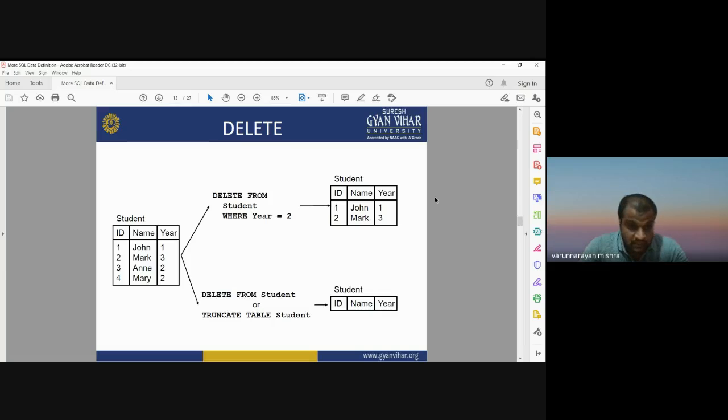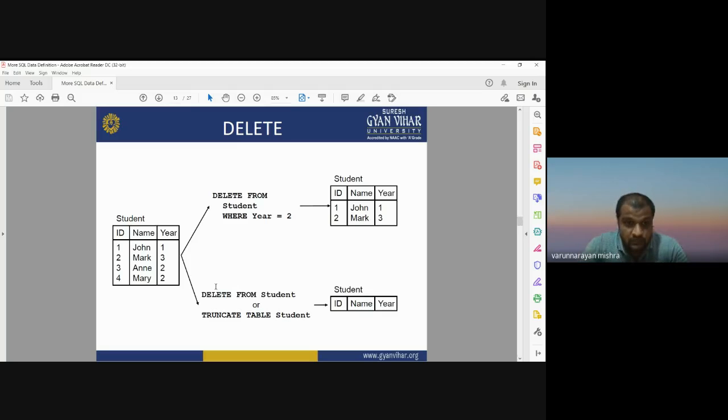From this student table, right now we are going to delete the names of the students who are in the second year. So first we will run the delete command. Delete from, in which table you want to delete, so delete from the name of the table, and where, that is where you want to make the change.